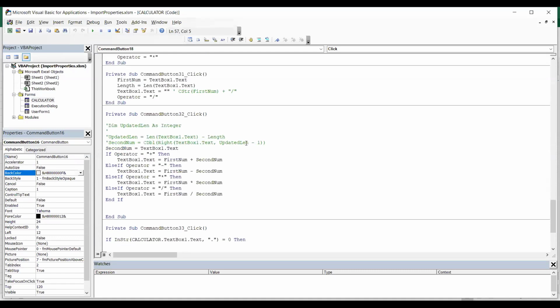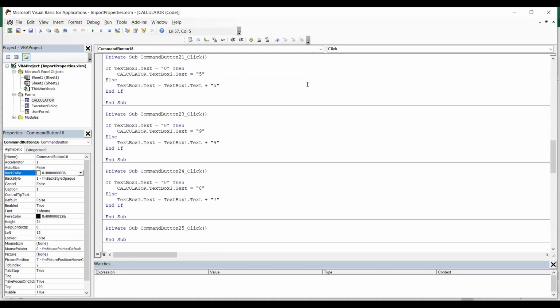Each command button has its own code. For all the digits, I have done the same. If it is empty, I add that number. If it is not empty, I concatenate the existing number in the text box with the respective digit.